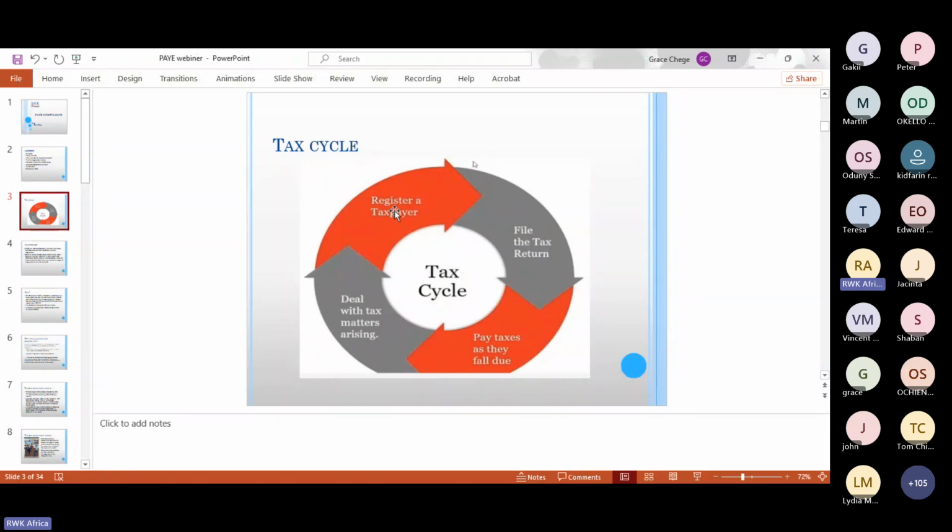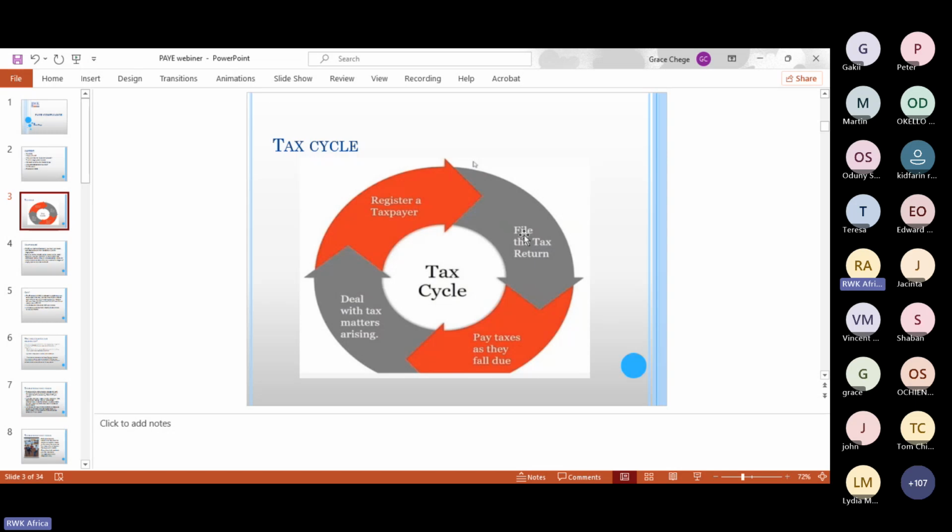And then you will be required now to remit your taxes on that respective month. So after registering this obligation, you are required to file your returns every month. So you will file your return for that period, of course, including now the employees and their salaries and the deductions related to it. Upon filing your taxes, you will be required to pay. So filing and paying,